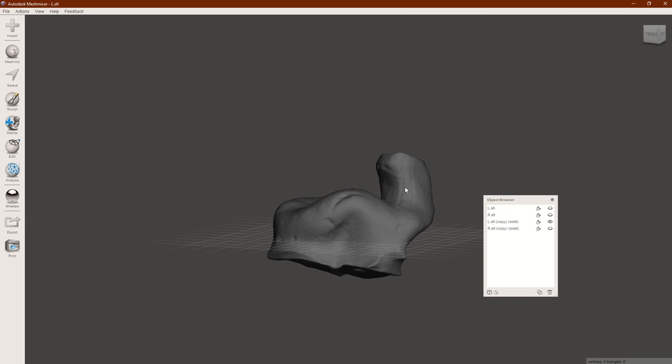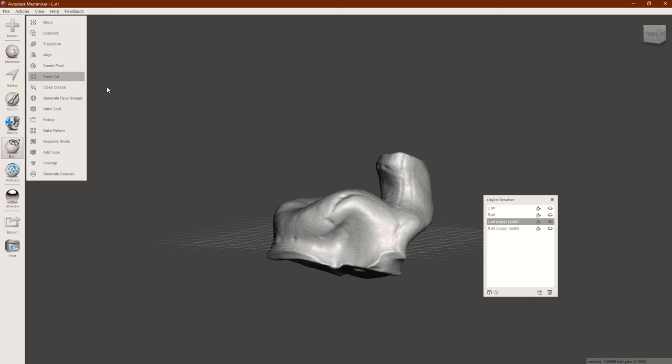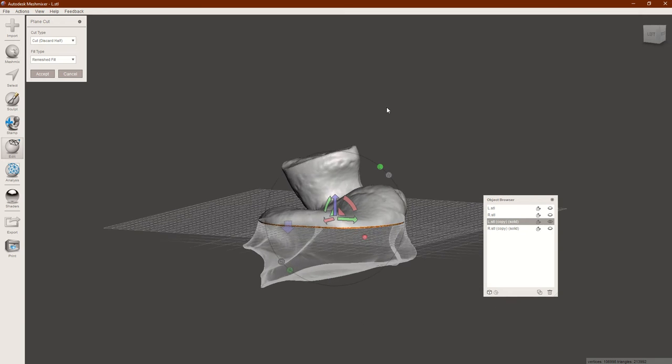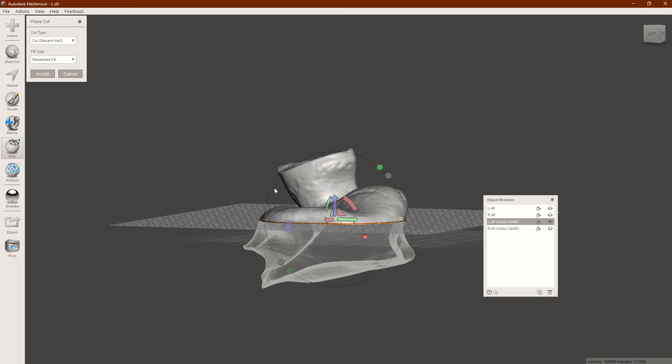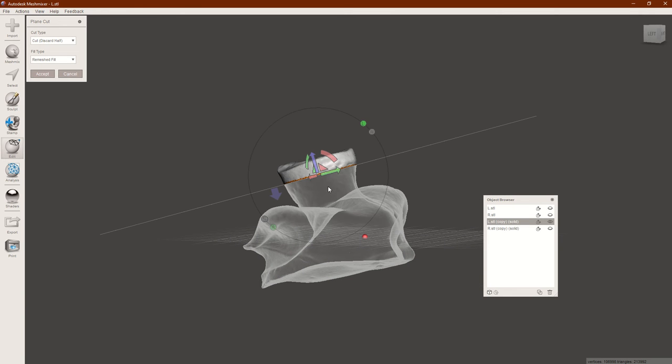Okay, so we are going to chop the end of the canal. The way we do that is we do an edit. Oops, we have to have it selected. Edit, plane cut. A plane cut's a cool tool because it allows you to basically drag your mouse, or you can use the orienter below, and